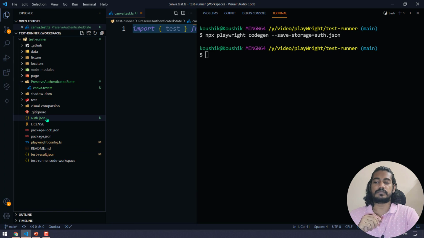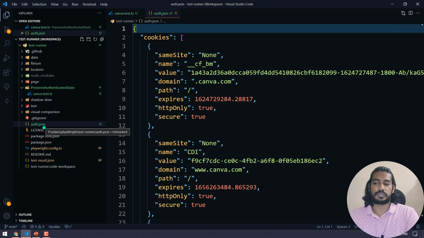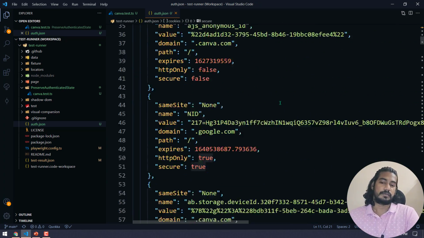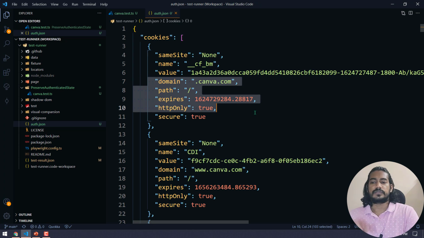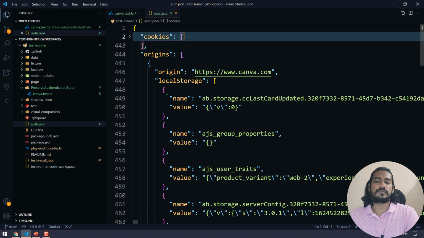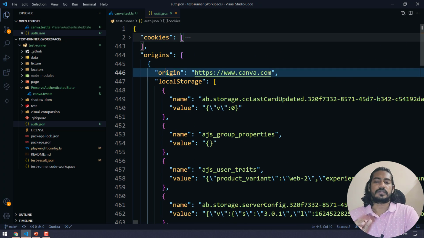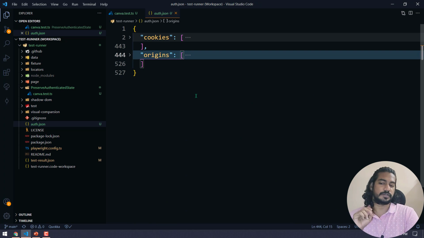And here you can see that we got something called auth.json. That is the file name we have given here. It can be anything, just a user defined name. So here you can see auth.json, which has some of the properties related to the cookies. The mandatory ones are the name and value, both name and value are mandatory, others are optional, I believe. So we got the cookies, as well as some of the storage session like the origin, something like that. Like what is the website and what is the local storage it has used. So we got all the information, right?